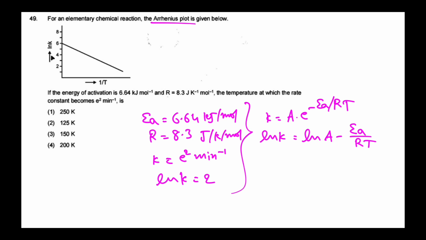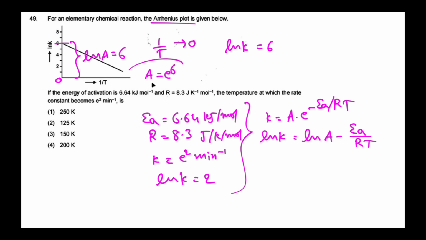So from this plot we know that when 1 by T becomes 0, the ln K value is equal to 6. This is 0, this is 6. So the intercept ln A is equal to 6, then A is equal to e power 6. So here the ln K value is 2, ln A value is 6 minus Ea by RT. 2 is equal to 6 minus, what is the Ea value? 6.64 by